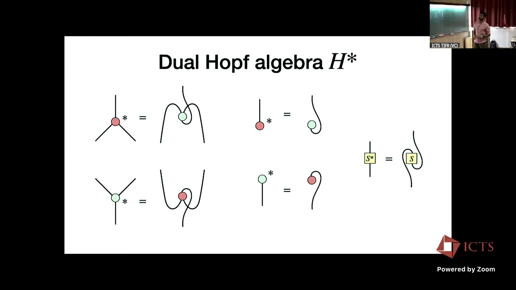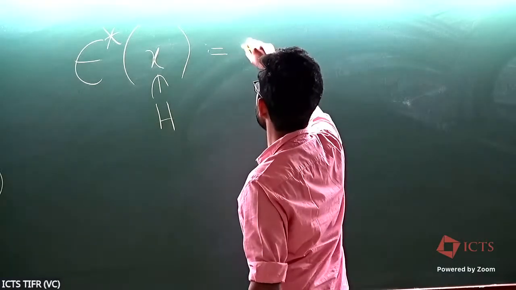So I don't know if it's helpful to write down some algebraic expressions. So for instance, let me write the dual co-unit here. The dual co-unit is some function acting on something. So let's call that X. This is defined as